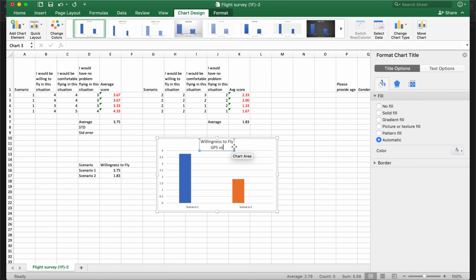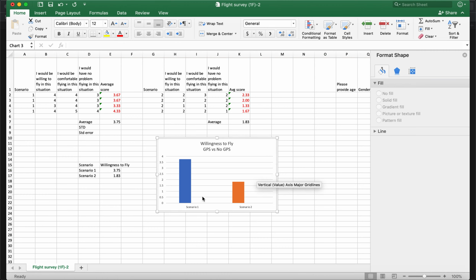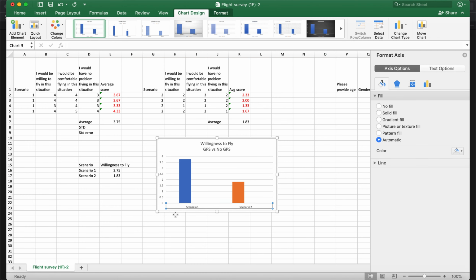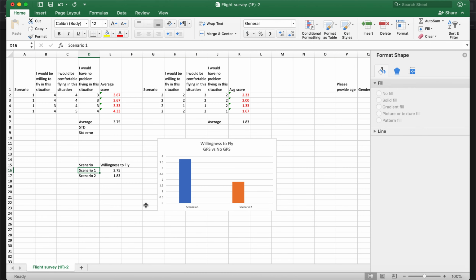let's say GPS versus no GPS, right? So now we have a chart we could use for our study, right? And we can actually call scenario 1, let's say GPS, and then no GPS. And that will probably be a little bit more reasonable in terms of scenario 1 versus scenario 2 to quickly